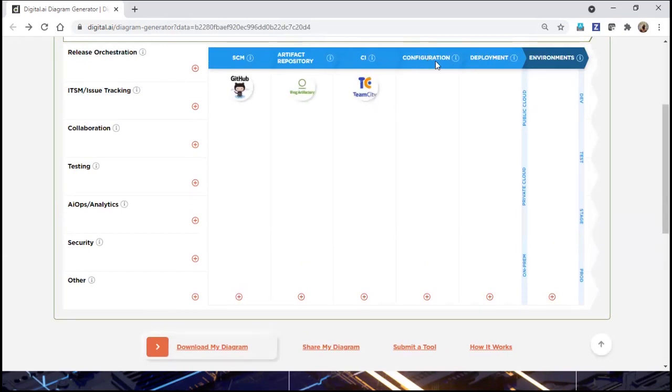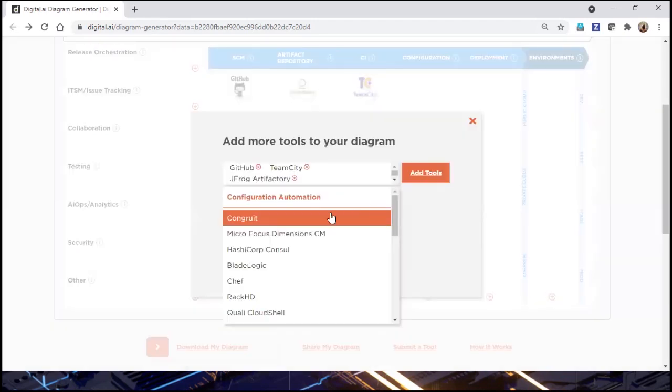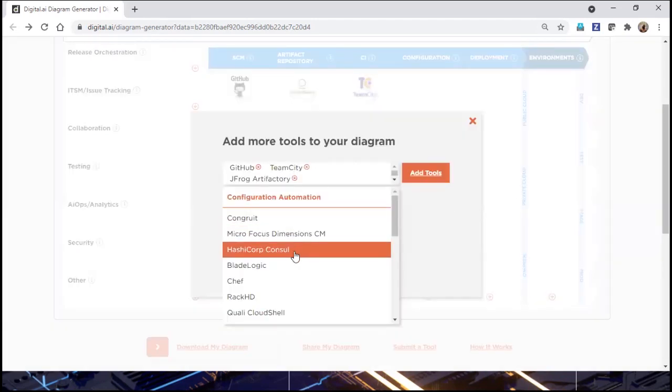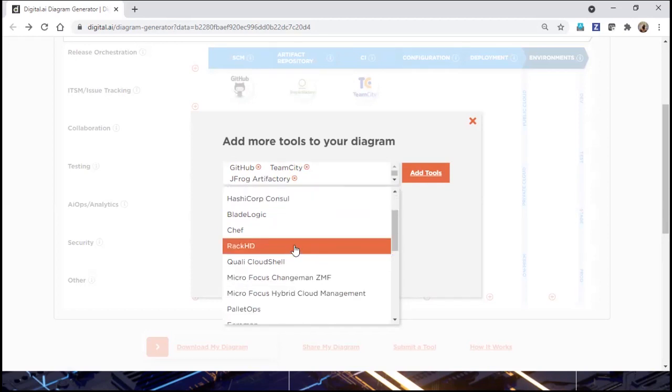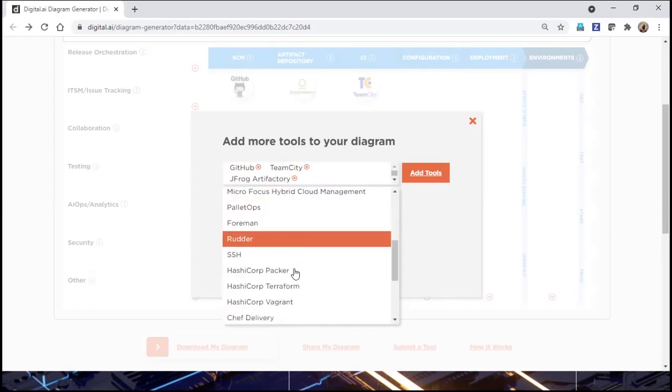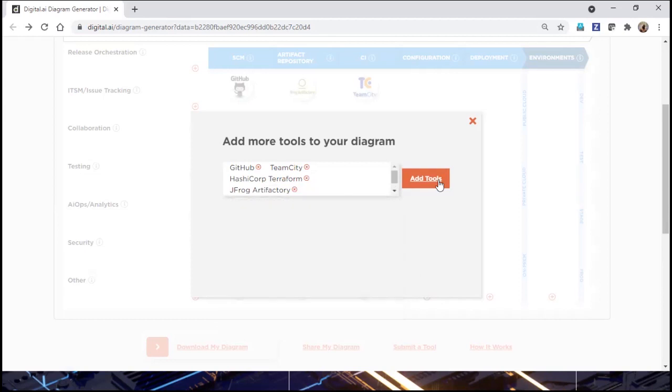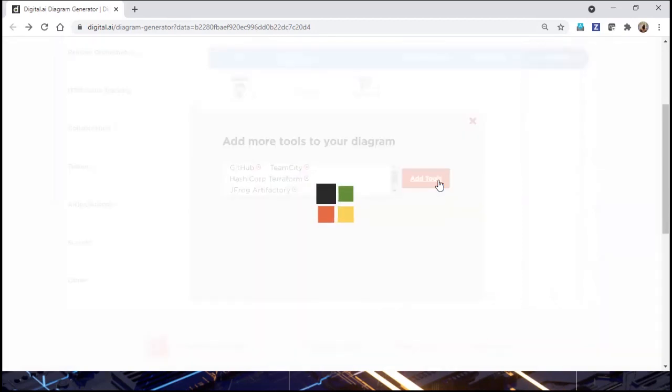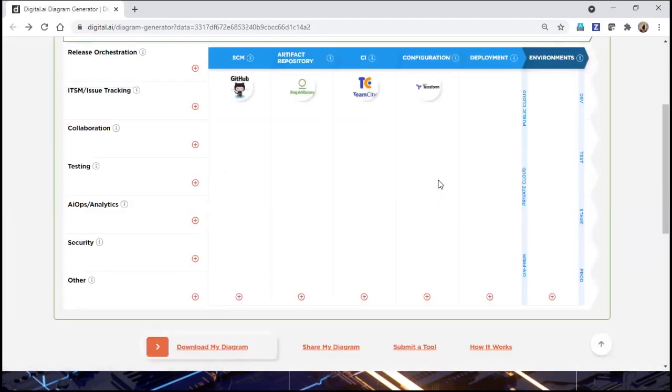And what about the configuration? Just now we saw that whenever you want to provision, you need one configuration tool, right? So click this. See, HashiCorp Terraform. Add tool, because before deployment you need an infrastructure, and you need to create it.